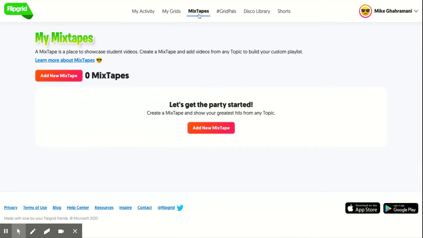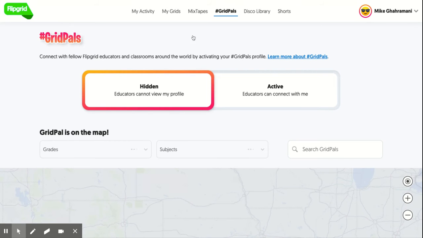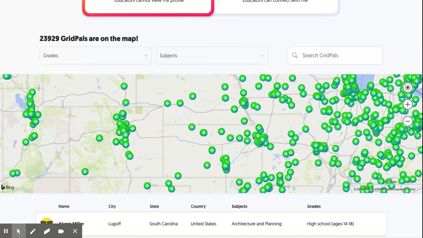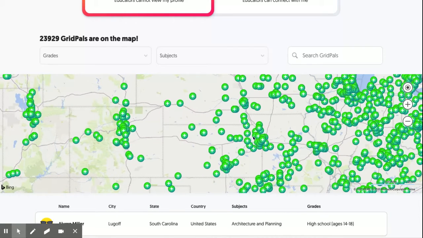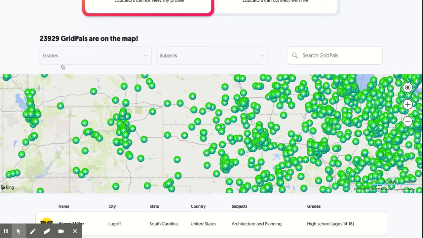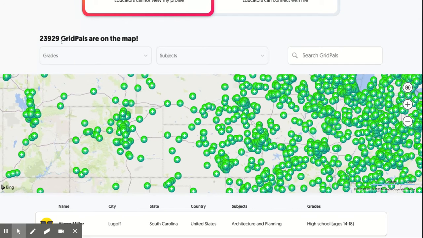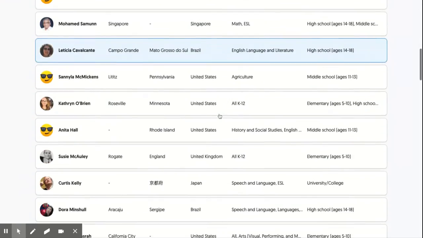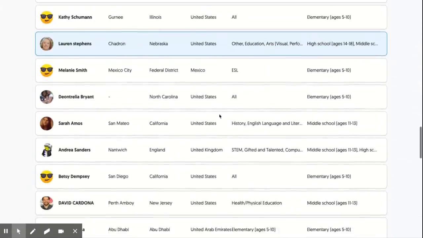So then mix tapes, or you can hear all the tapes or the video that the student sent you. You can mix them up selectively, mix them up in one tape or one long video, depending on the topics you discussed. Here, hashtag Grid Pals, it takes you to the community and a map of how many basically educators or students are enrolled. As of now, as you see, 23,929, and that's the map. And these are the links. You can connect with them